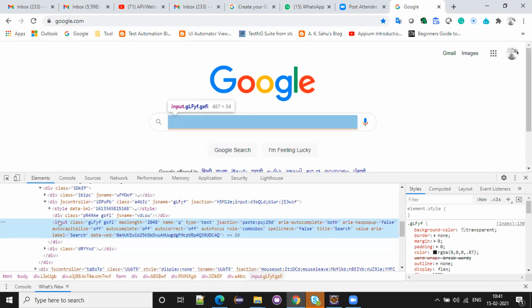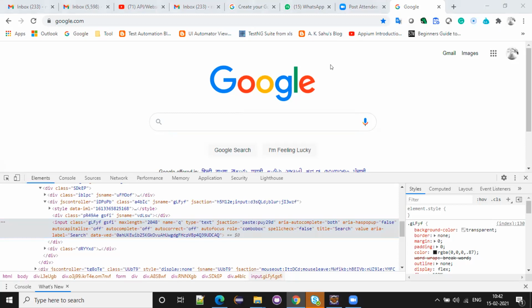You should know basic HTML, so that by seeing it you understand why they wrote this kind of code. Then you can easily write the XPath. If anyone has any doubt, stop me and I will clear your doubts.